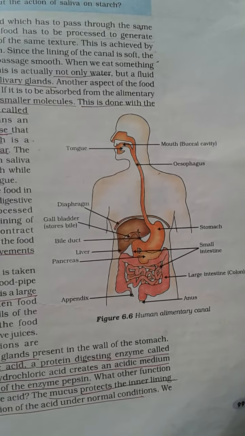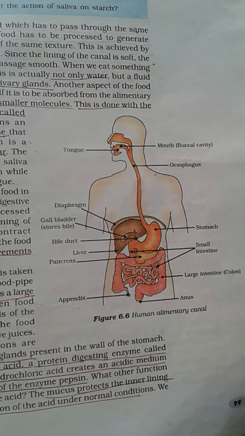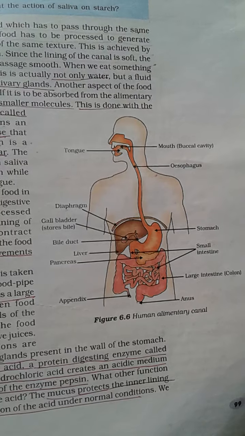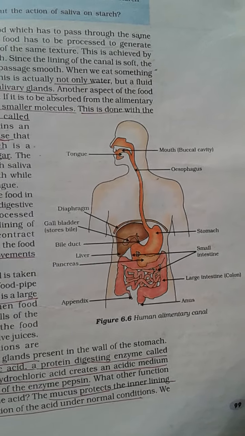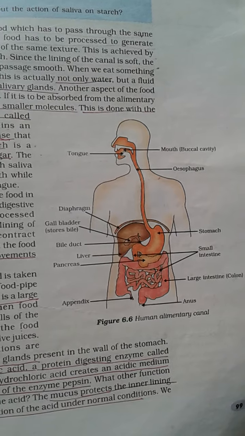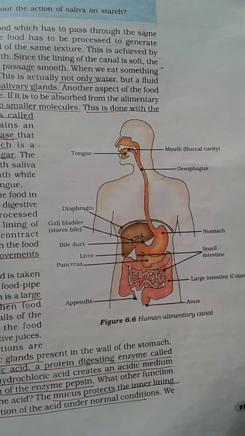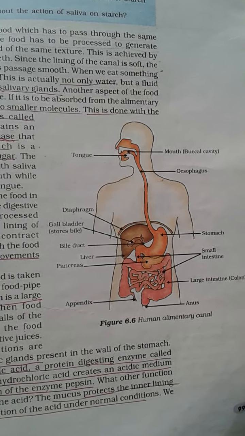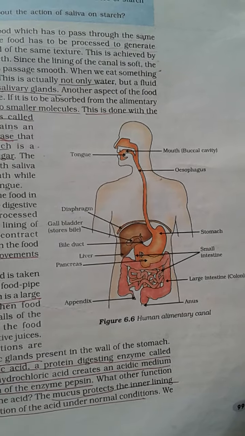Once the digestion is done, the food now is moved into the small intestine. In the small intestine, complete digestion takes place. Organs like liver and pancreas also release their secretion into the small intestine. Liver secretes bile juice and bile salt. Bile salt is used for emulsification of the fat globules, and bile juice helps in making the small intestine alkaline